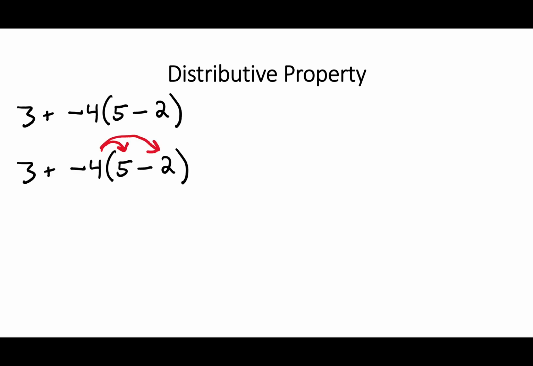Moving on. Here, let's do another example. Wait, so I have 3 plus negative 4 times 5 minus 2. Oh, how do I do this? Easy. Distribute negative 4 times 5